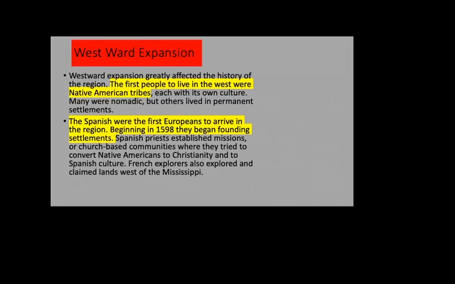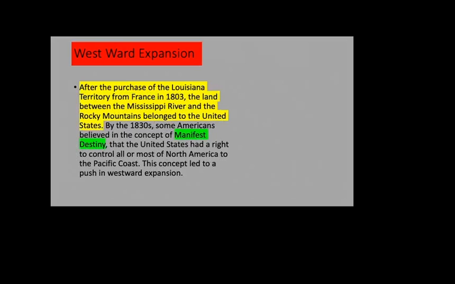Okay, Spanish priests established missions, or church-based communities where they tried to convert Native Americans to Christianity and to Spanish culture. French explorers also explored and claimed lands west of the Mississippi. Okay, and we'll see a map of that coming up here. All right. After the